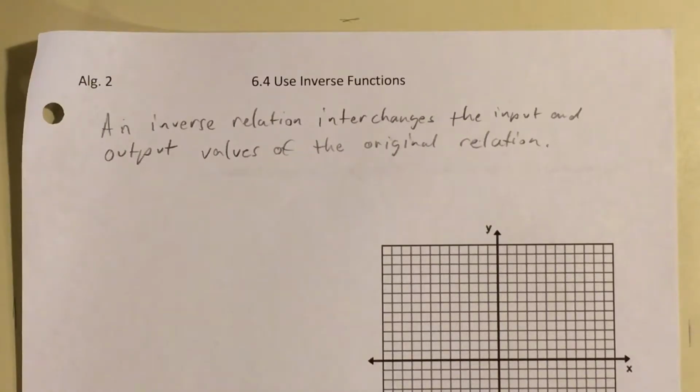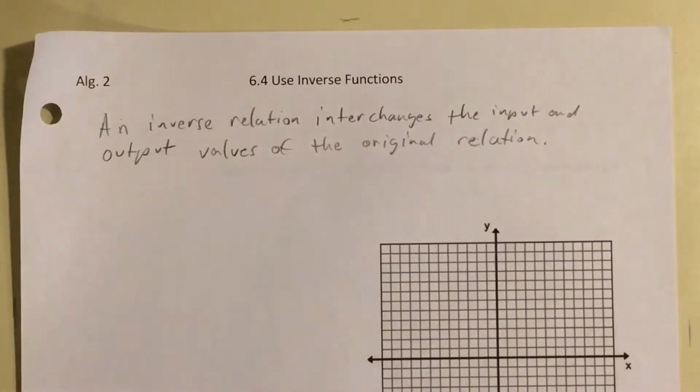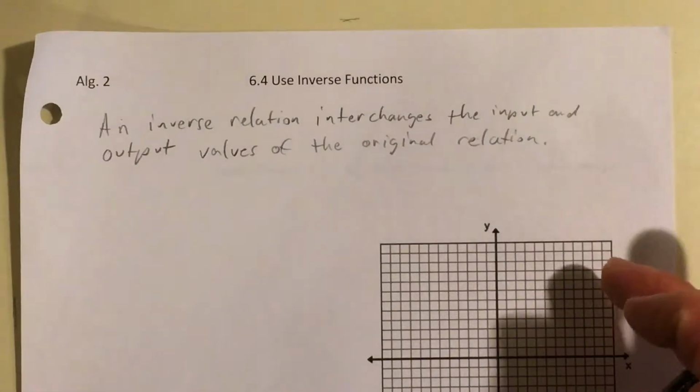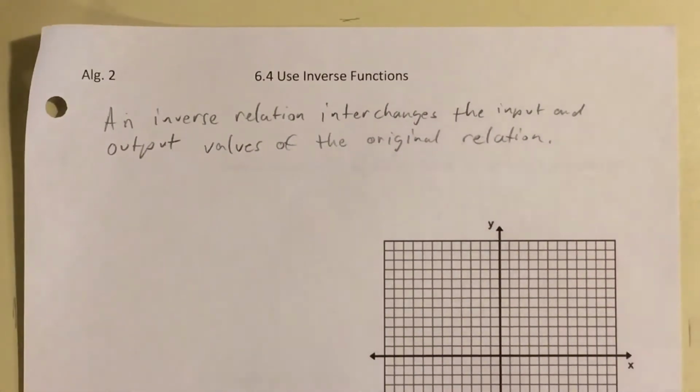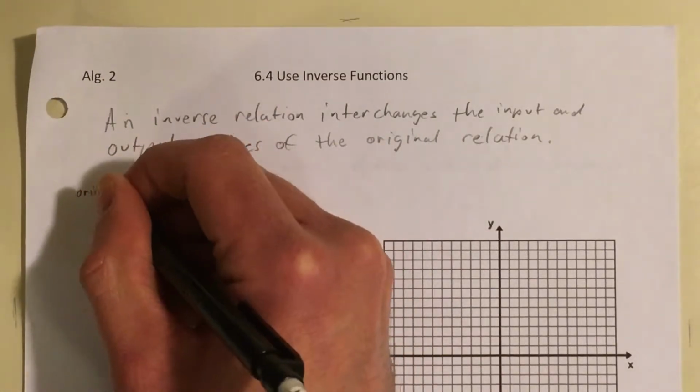So we can actually explore this idea three different ways. One way is with a table of values, another way is with a graph of those coordinates, and a third way that we're going to spend a lot of time with is as actual equations. So let me give you an example here. If you'll write original,